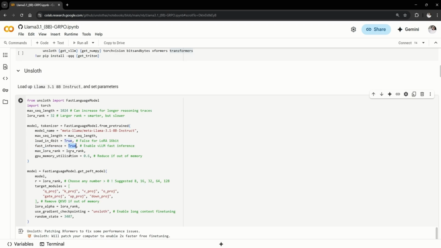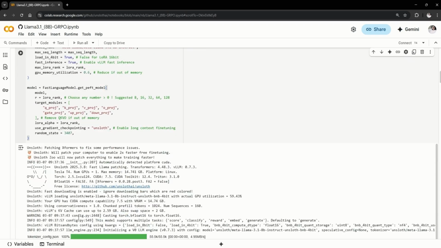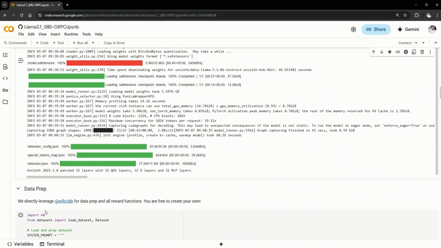And for max LoRA rank, you can pass in the LoRA rank. GPU memory utilization also was giving me errors every time, so I had to bring it down to a more optimal number where it was finally running. Then there is the PEFT model that you can get, and the target modules, which are the target modules for this particular model. You can get a list of them anywhere. So this will load up all the necessary things that you need.